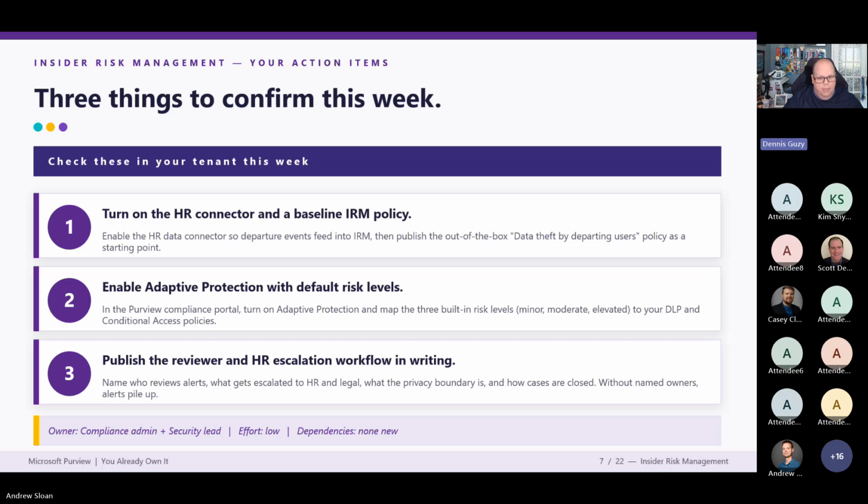3, and this is a people problem. It's not a technology problem. Publish your reviewer workflow in writing. Who reviews alerts? What goes to HR? What goes to legal? Where's the privacy boundary inside the organization? If you do nothing else, do number 3,